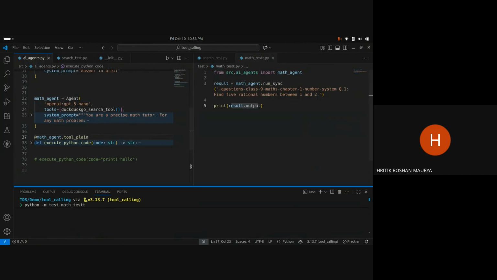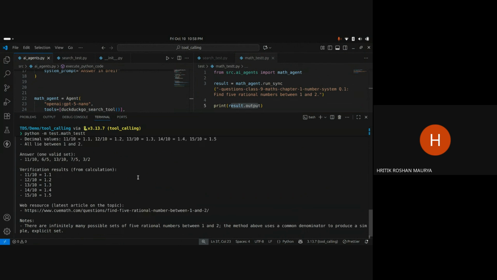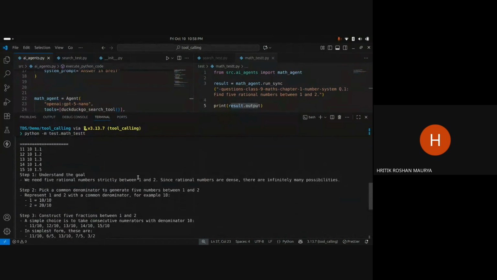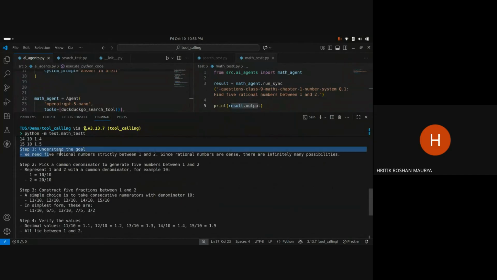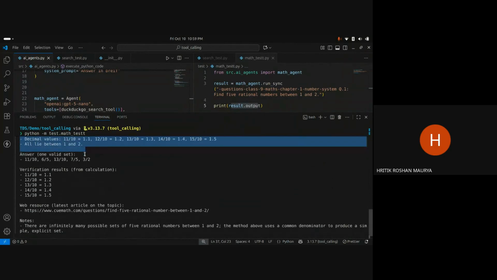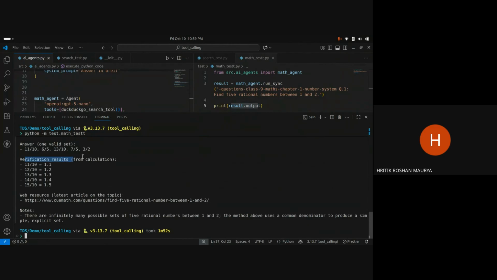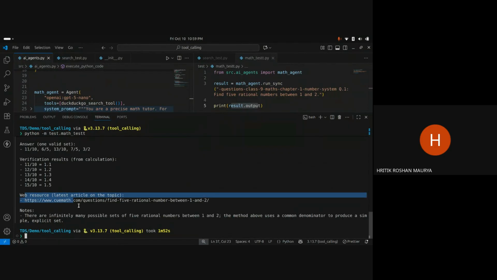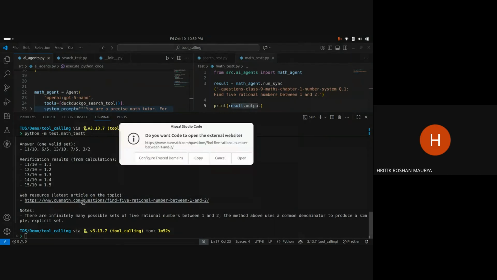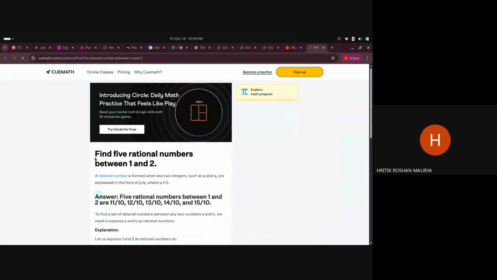I hope LLM has answered. Yeah, finally LLM has answered, and this is the final answer. Step 1, understand the goal. Another thing it has given is the verification result, based on the Python tools. It is also giving a latest article, so it is also calling the DuckDuckGo search tool, and based on that it is giving this Q math. I can go to this website. Let us check whether it is a valid website or not. And I think it is the same question, find 5 rational numbers. Okay,